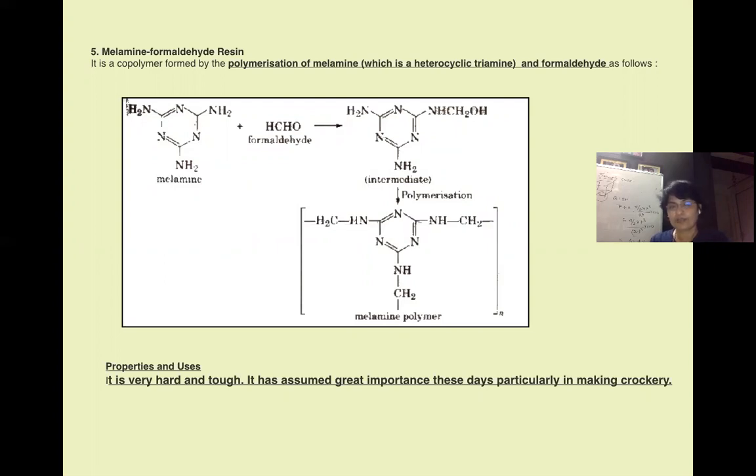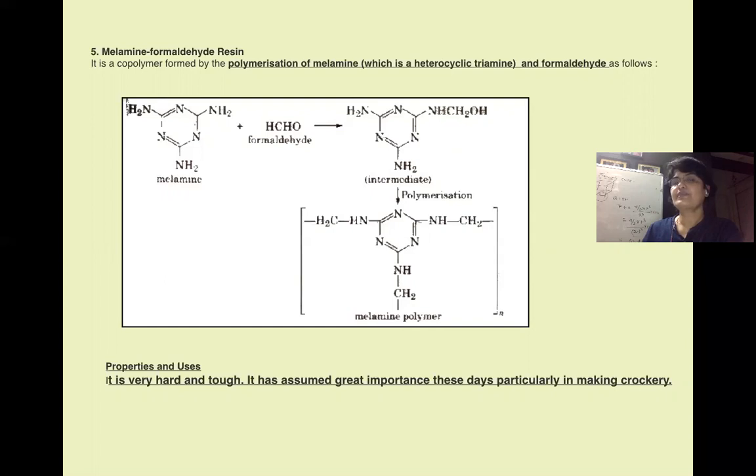2, 1, 3, 5 पर आपका NH2 ग्रुप है। ऐसे मेलामाइन याद रखना होगा। 6 मेंबर रिंग है, कार्बन नाइट्रोजन ऑल्टरनेट है, एंड 1, 3, 5 पर NH2 है। तो ये फिर वही चीज हुआ, इसका H इसके C के साथ कंबाइन करेगा, NH। जिस तरह से फॉर्माल्डिहाइड के फंक्शनल ग्रुप होते हैं, C डबल बॉन्ड O है, पाई बॉन्ड O के पास चला गया, वो C आकर के जुड़ गया है N के पास। इसका जो H निकला है फिर O के साथ जुड़ जाता है, जो प्रीवियसली हम लोगों ने बात किया था।